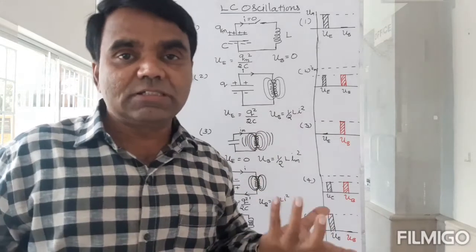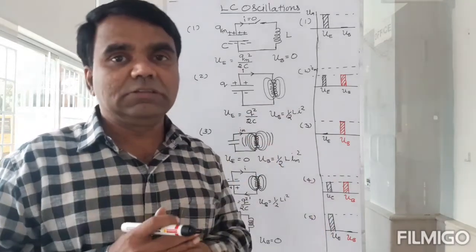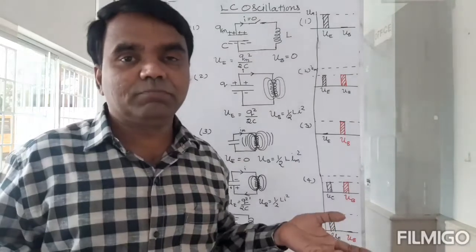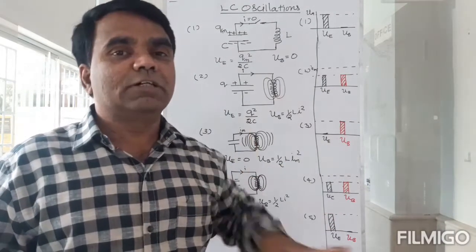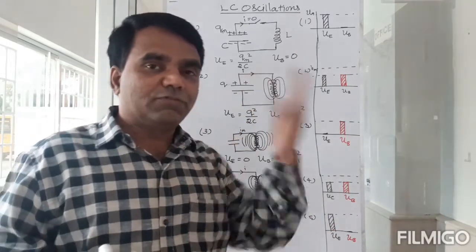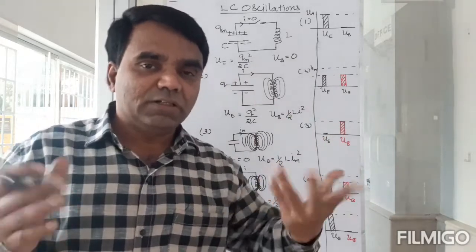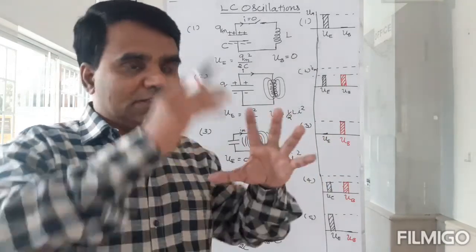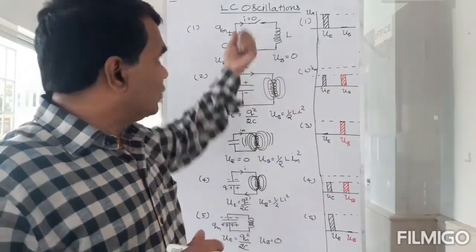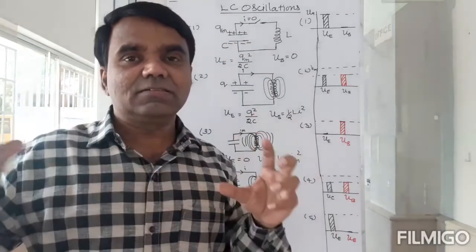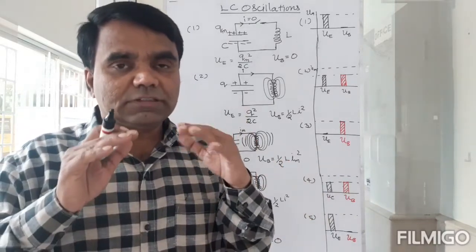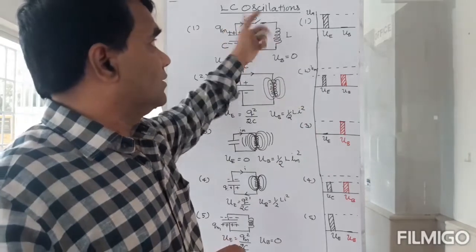If there is no energy loss in it, like there is no I squared R loss or radiation loss in this, then this will go on forever. This oscillation will continue forever, for infinite time. But nothing is ideal. So as the current flows back and forth, you are going to have an I squared R loss. The energy is going to be dissipated in the circuit. So you will start losing energy as heat, and finally no energy will be there in the circuit. But that is the reality. What I want to tell you is, when there is no resistance in this circuit, and there is no energy loss,